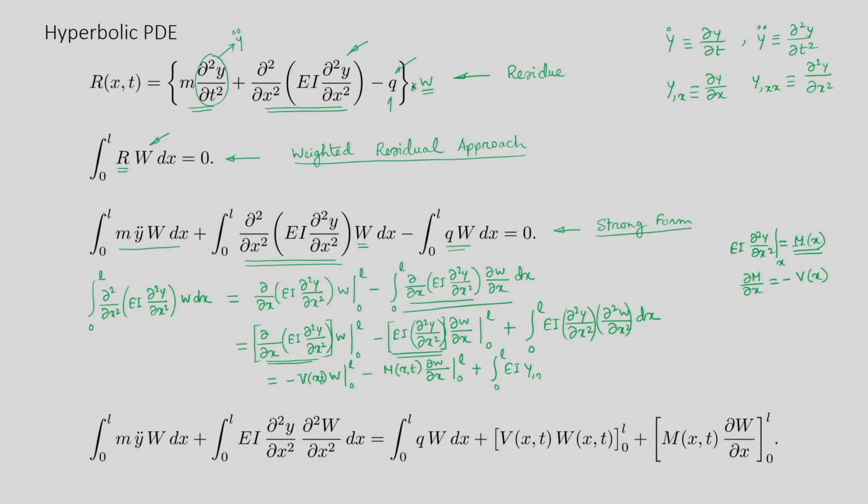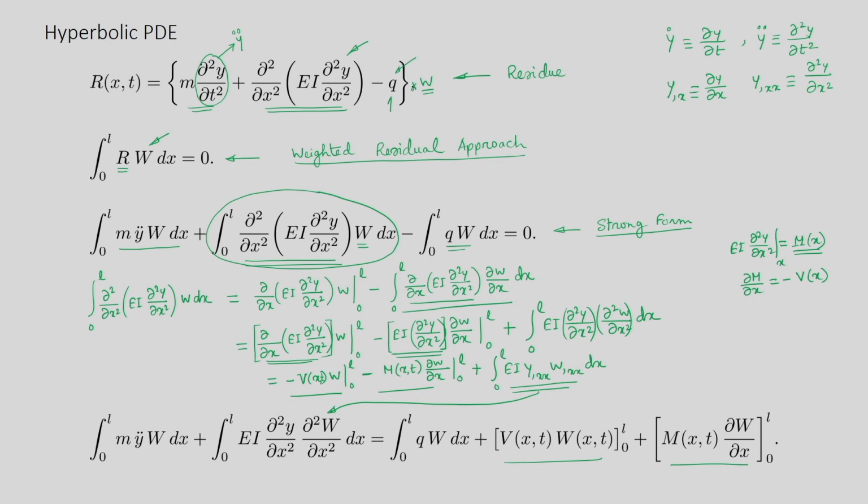So I have the second derivative of y and the second derivative of w with respect to x. Alright, so now if these three terms are substituted in this expression, this sign will change if we take it to the right hand side. So here we have written these two terms in the right hand side, and this term is kept at the left hand side.